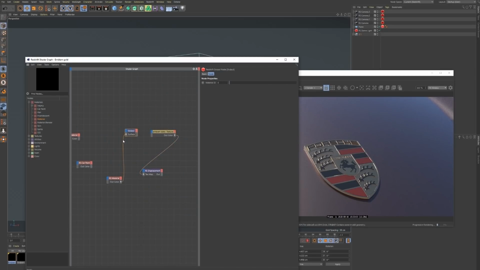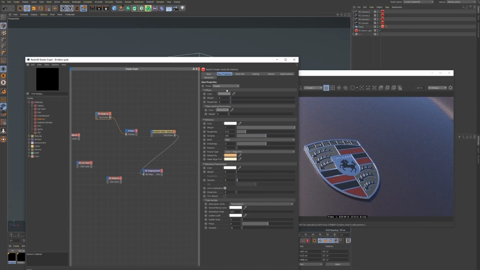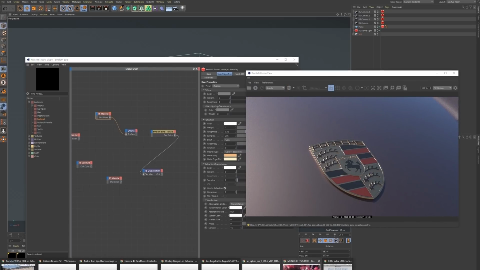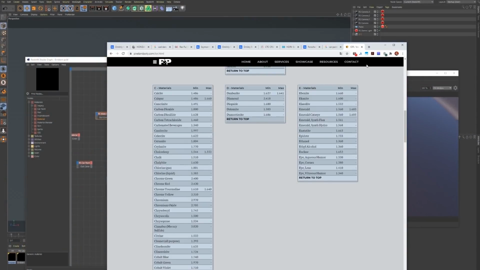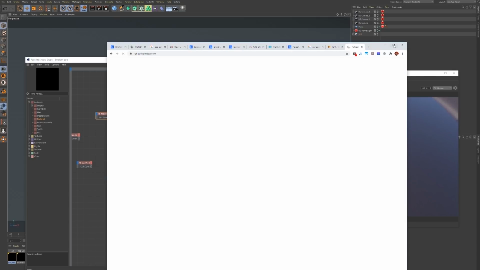Okay, so material. The easiest way, again, just go here, and you already have presets with aluminium, with copper, and you can just add some extra textures. But for example, you have some material and you don't know the exact parameters, something super specific. For that you can go to the beautiful website called Refractive Index,